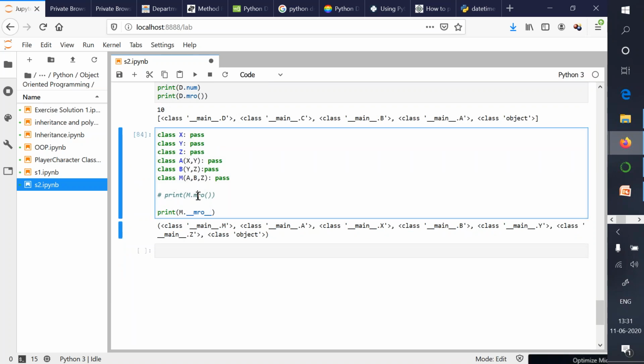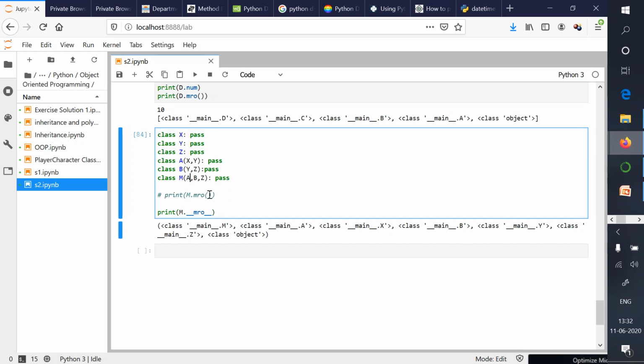See how MRO functionality is implemented by the Python system. It is basically a dunder method or magic method. Again, I will show you how you can override the existing functionality. Using that concept, you can override the functionality provided by this __mro__ method also. But in our case here, M.mro and M.__mro__ are the same thing.